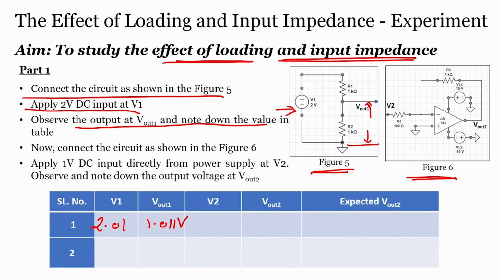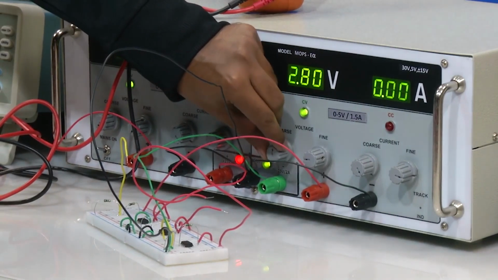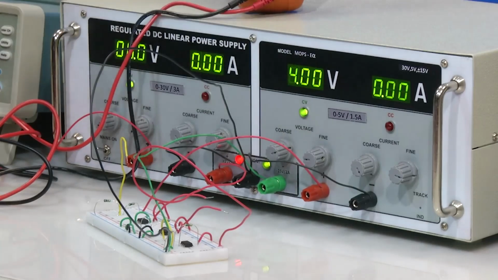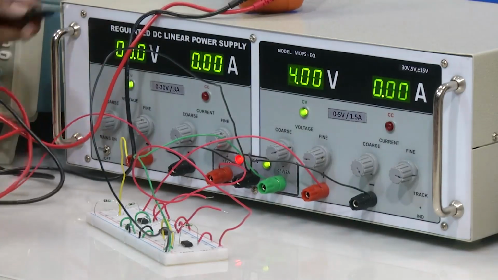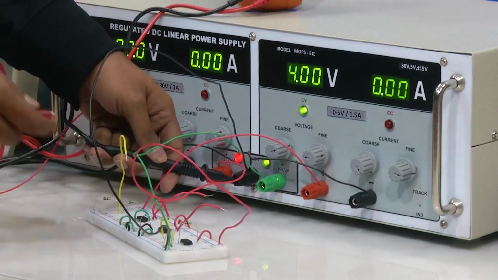Okay. Now, we will do one more experiment. Instead of 2 volts, let us apply 4 volts at the input. So, if you see on the DC power supply, now he is increasing the voltage to 4 volts. Very good. So, this is 4 volts that he has applied across the potential divider circuit, which is 2 resistors,